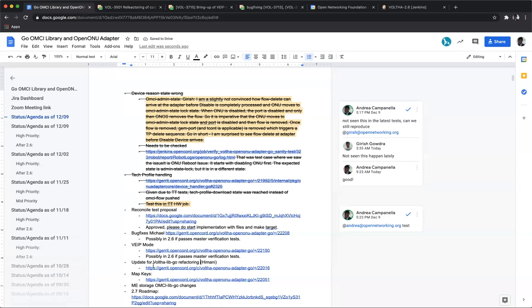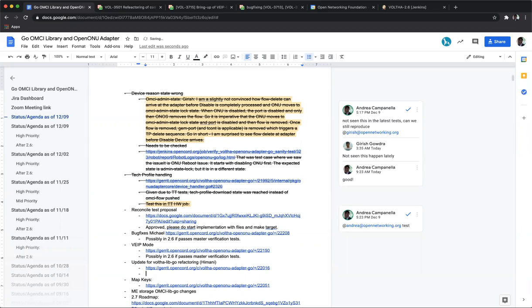For the reason field removal, I'll raise a separate review because the proto changes are different for both the reviews.